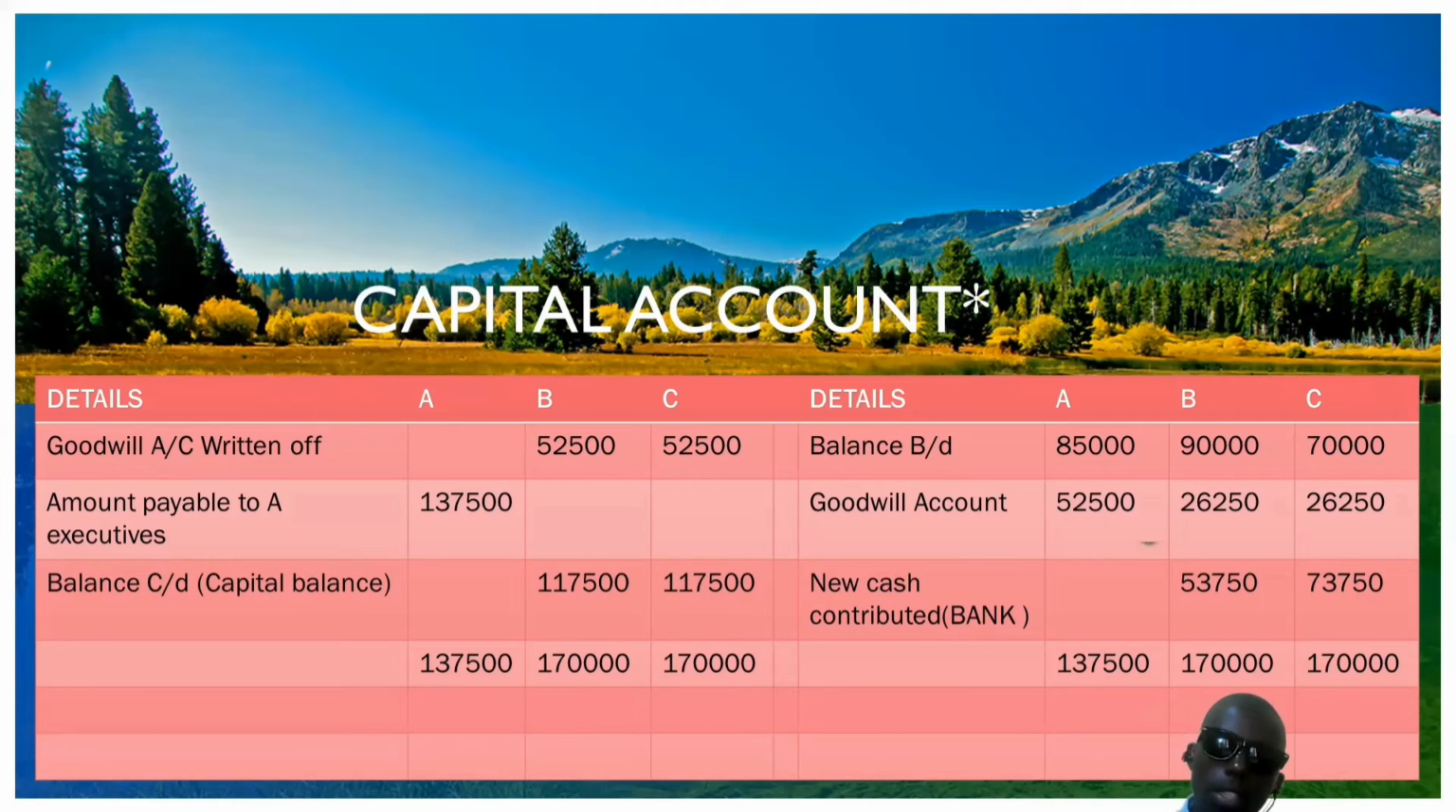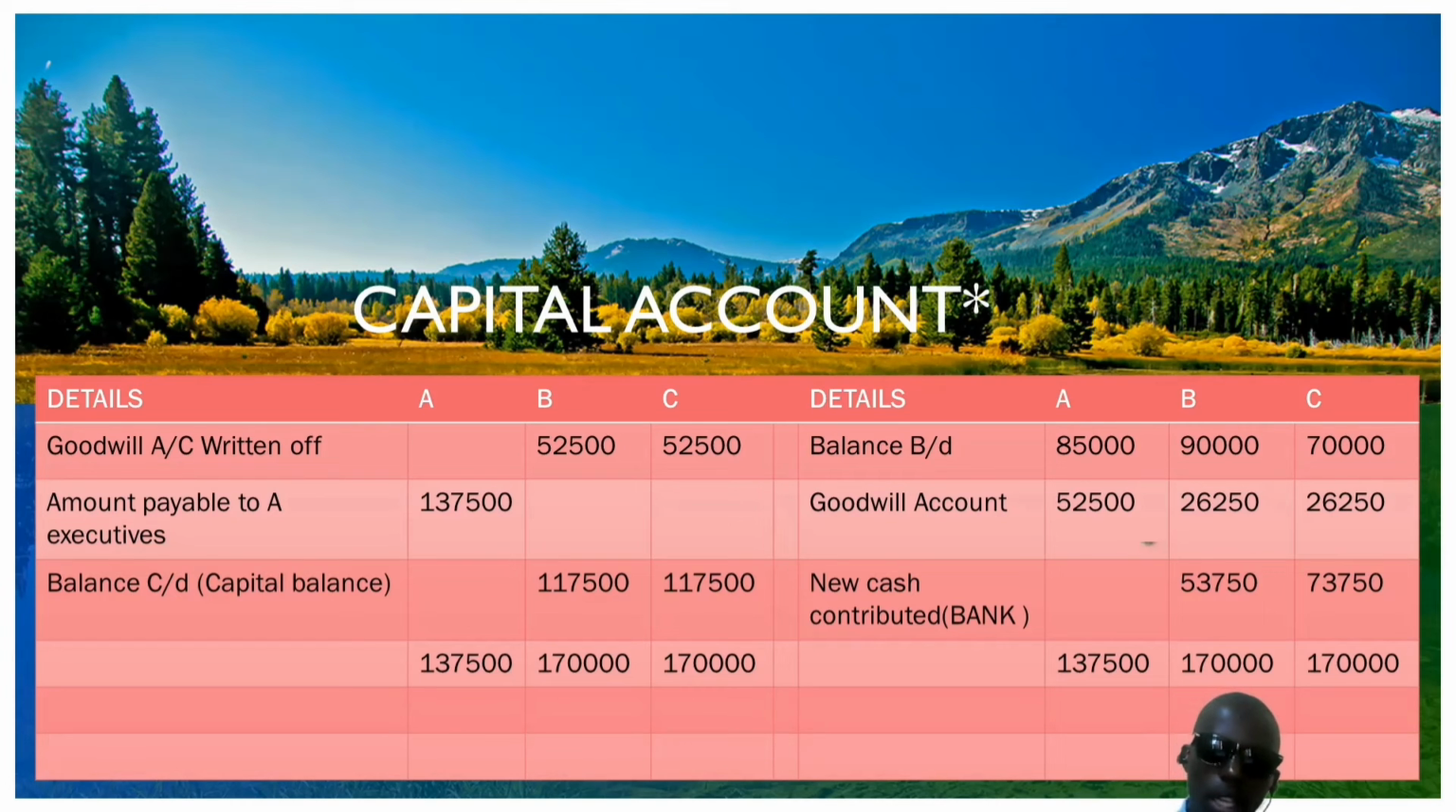So let's start by balancing on the debit side of the capital account. You balance the figures of A, it is balancing at 107,500, and on the credit side is also balancing at 107,500. To B, on the debit side of the capital account, we have 52,500 plus that 117,500. It is totaling up to 170,000. But on the credit side, we have only 90,000 plus 26,250. So you realize B is required to introduce a fresh capital of